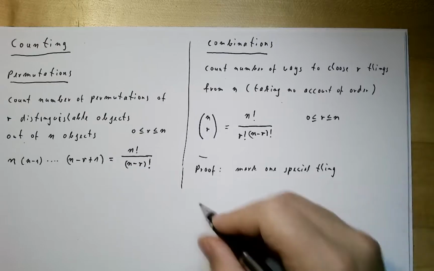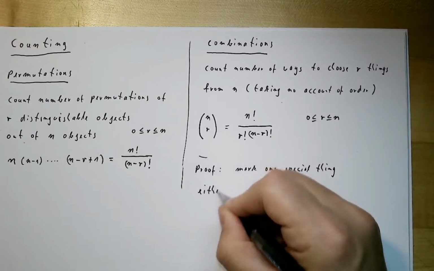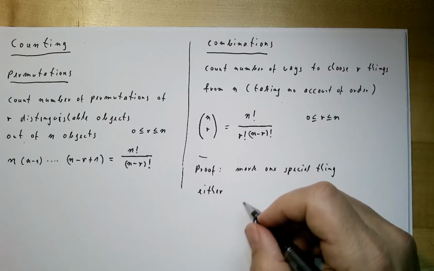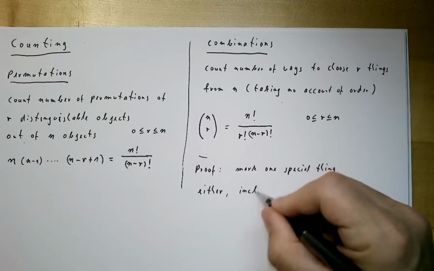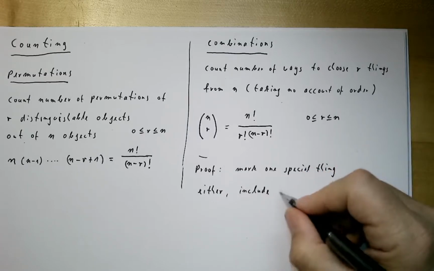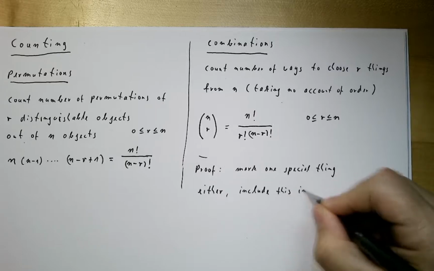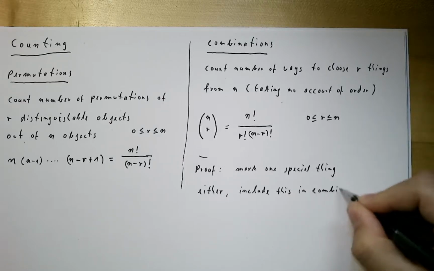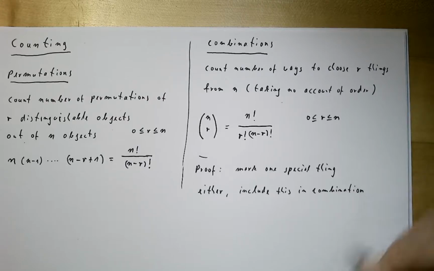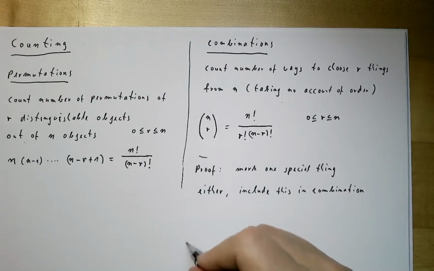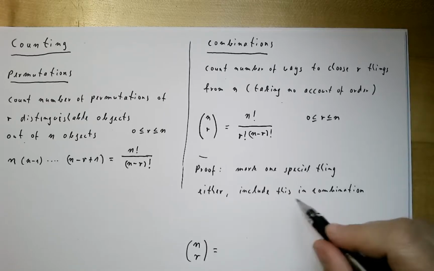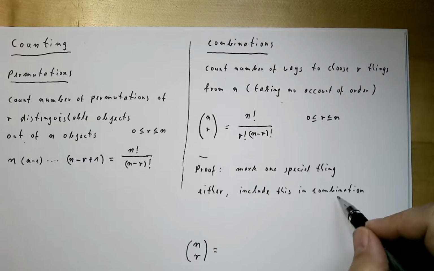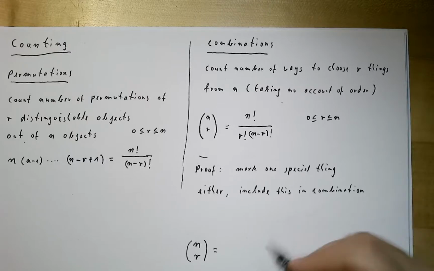We mark this, and now either we include this in our combination, let's write already down here, n over r. So either we include this, and then this means we have to choose still